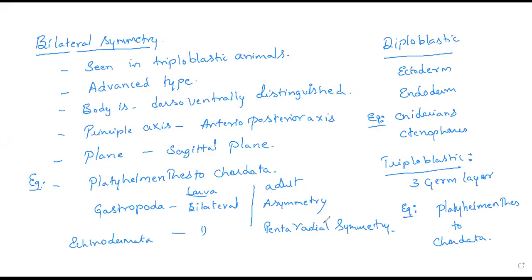Similarly, protostomes and deuterostomes. I want to distinguish that one also. After that, I will go for the types of coelom. For coelom, you only have to remember the names of the coelom and examples for examination. Just go through the textbook once, give one reading for that, because we have to cover many things now. Take a screenshot of that.